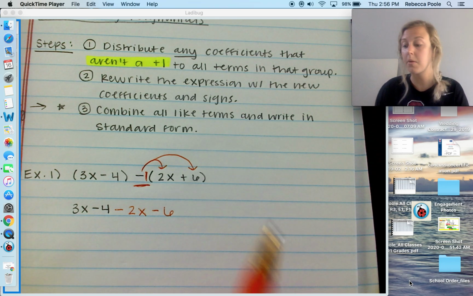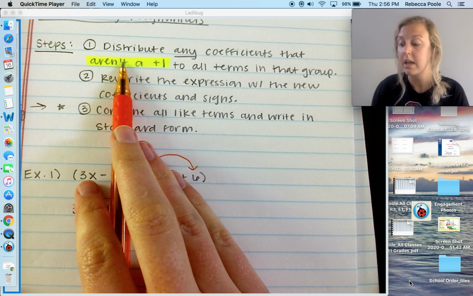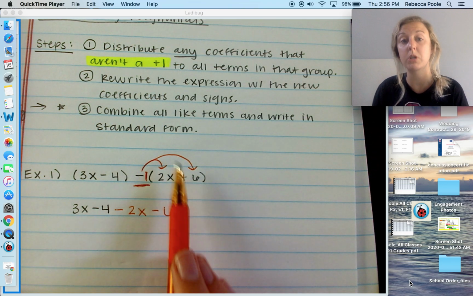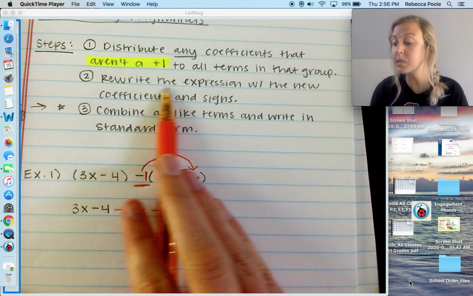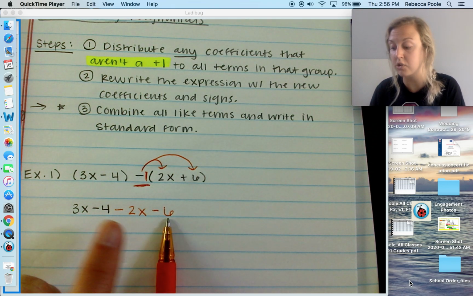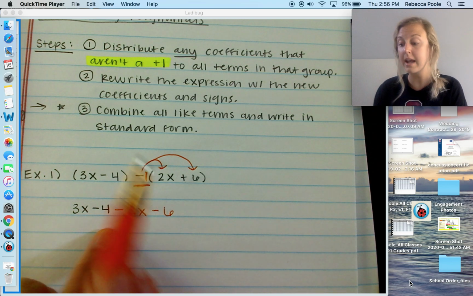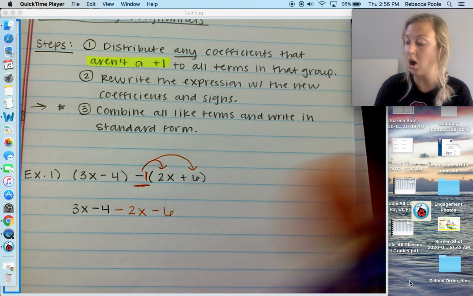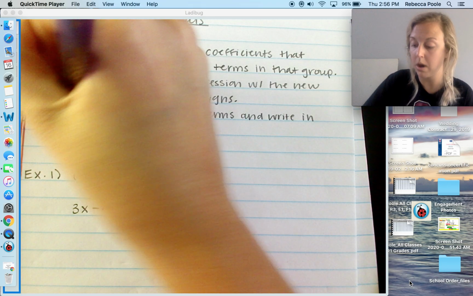Okay? So I just distributed the coefficient that wasn't a positive 1. It was a negative 1, so I distributed it. And then I also just rewrote the expression with the new coefficients and signs right here. So now, all I have left to do, step 3, is combine all like terms and write in standard form,